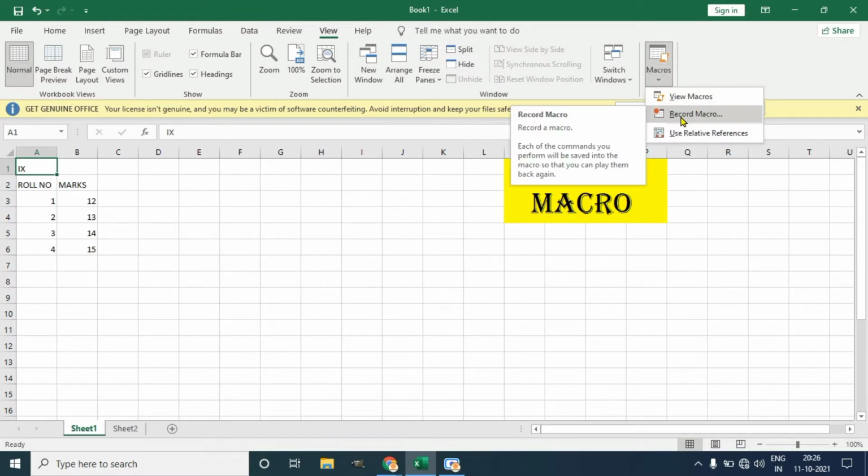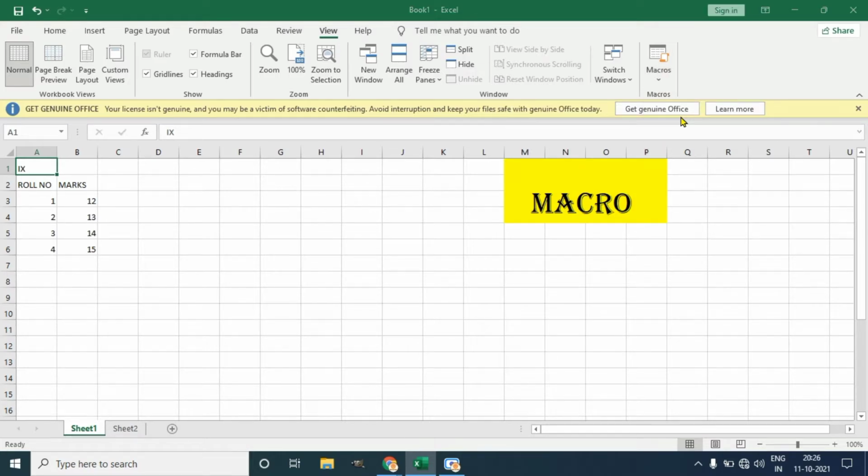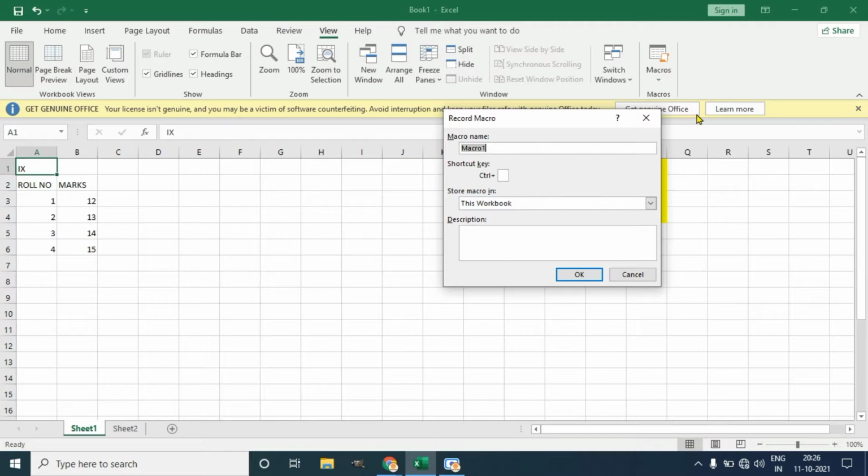By using this Record Macro option, I can record my macro, meaning a set of actions. While recording your macro, if you click there, you will get this dialog box. Here you get the macro name, and you can give your macro name. I'm giving it Formatting, as I'm going to save formatting operations.